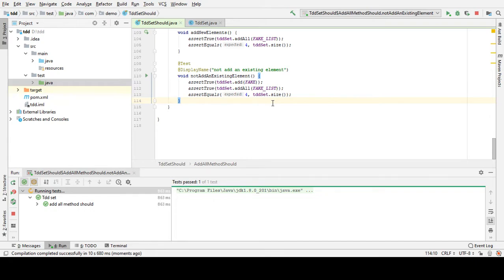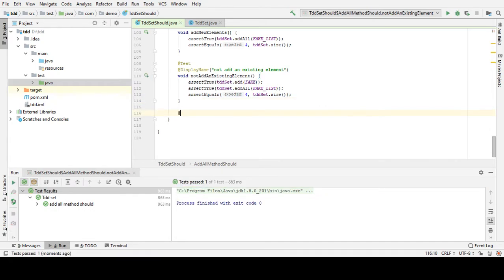Great, so it's working. We will move to the next test, which says that our add all method should not add null elements. Let's write the assert right here, and assert that it would throw the null pointer